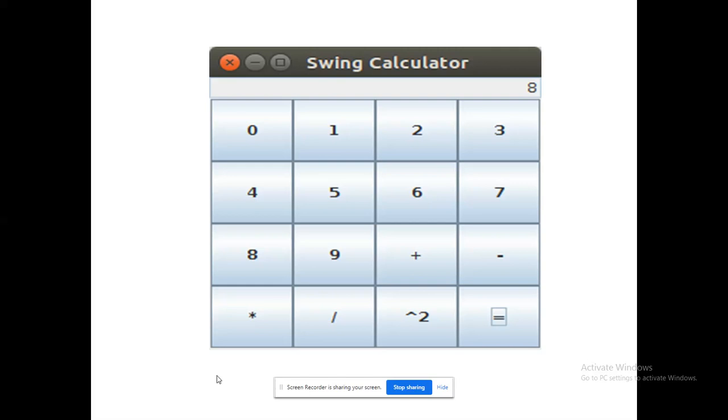Okay, so where do I have to write my event handling? Whenever I click plus, what I have to do is add two numbers, right? Likewise minus, star, slash, and I'm also trying to calculate the square of the given number. So that's also being calculated. So that is a simple customized calculator that we can design.